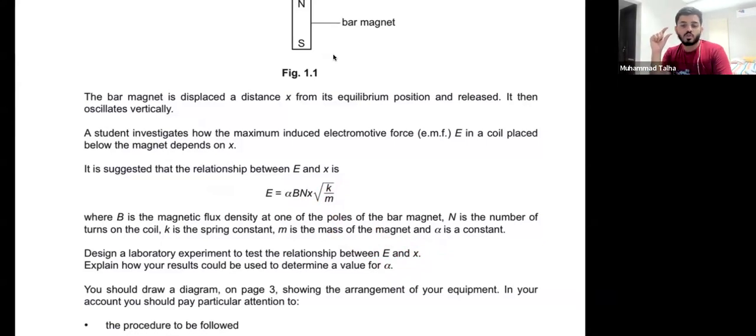A lot of the times, if you've also looked at mark schemes, for the main part, it just asks for one control variable. And then another one is given as an additional detail mark. So just score all of these here. If you do this correctly, you get 4 marks just in correctly defining the problem, right? So that's the first one. So you say keep B constant, keep M constant, keep N constant, keep K constant. So you get all of these marks.